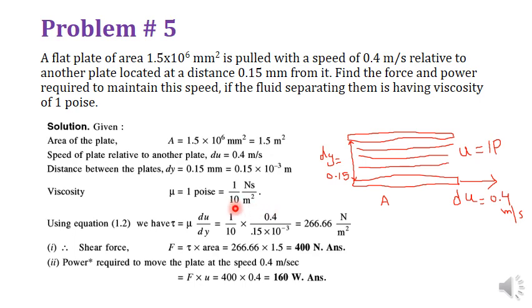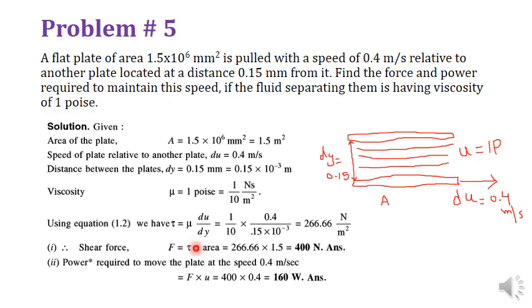Alternatively, if you are coming from CGS to the System International, SI system, then you need to divide by 10. So here you are dividing it by 10, so it will be 1 by 10, that is 0.1 Newton second per meter square. Now you have the equation of viscosity, that is shear stress, tau is equal to mu du over dy, the velocity gradient. This velocity gradient is 0.4, dy is already with you, mu is your input data. All of your input data are going to be put over here, and you are getting 266.66 Newton per meter square shear stress, in pascals.